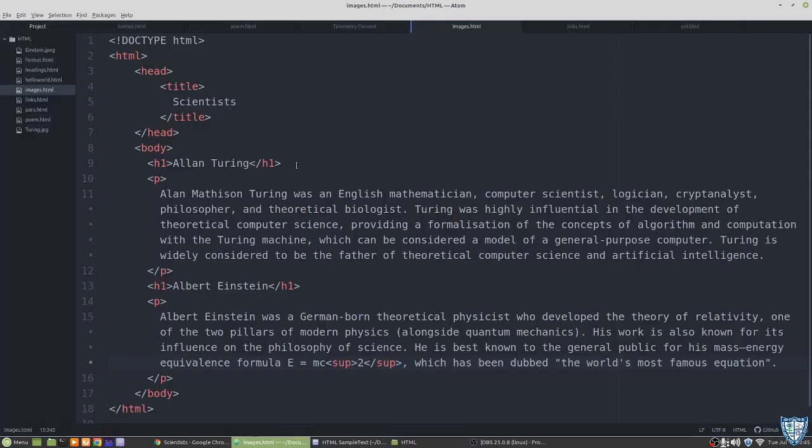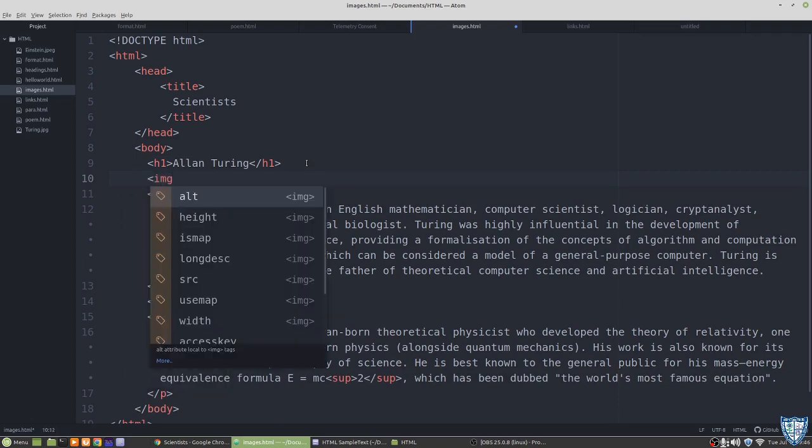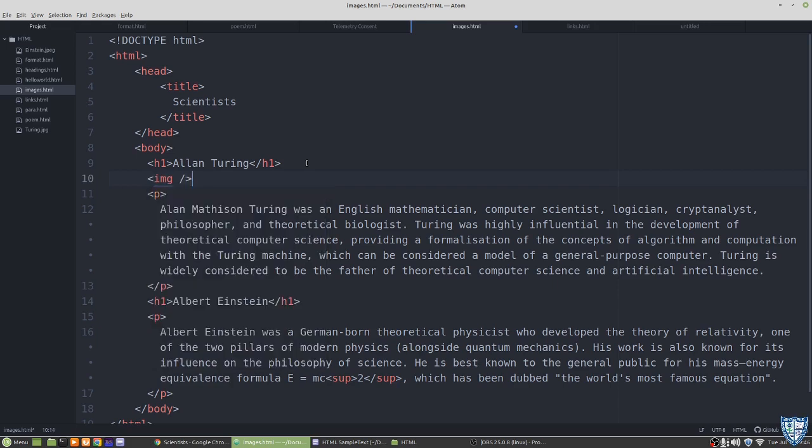We will insert the image here just after the heading, and the tag used for inserting an image in HTML is the img tag. It does not have a closing tag, so we will close it immediately. But how do you specify that I want to put the Alan Turing image here?